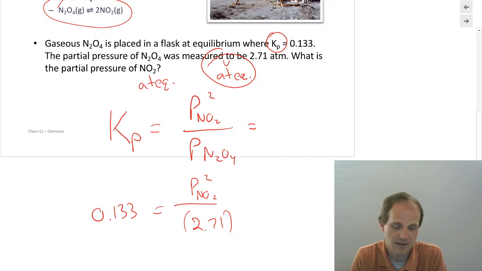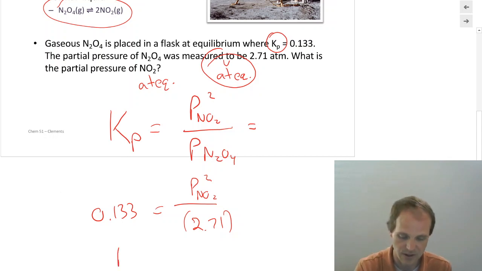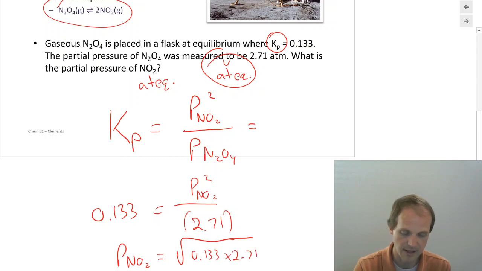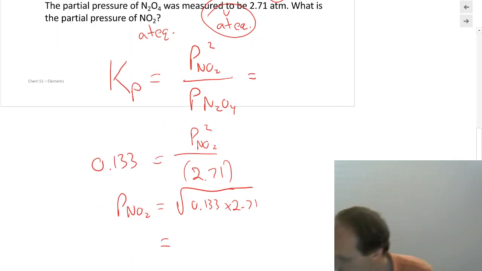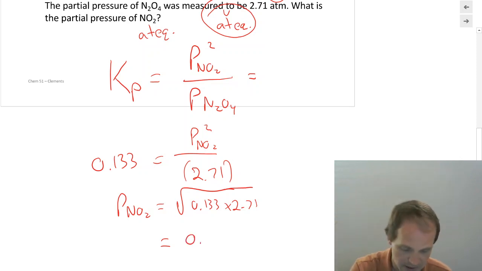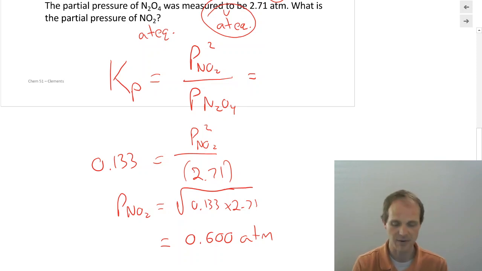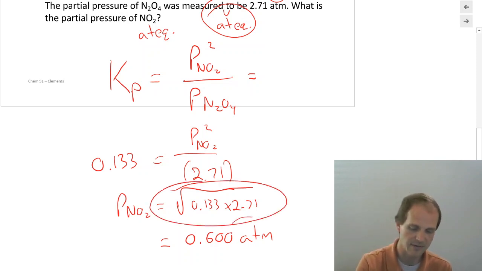I know how to solve that, right? I multiply both sides by 2.71. I take the square root, so the partial pressure of NO2 is going to be the square root of 0.133 times 2.71. And if you do that math and plug it into your calculator, what you get is 0.600 atmospheres. And you'll notice, right, we had no units in this thing, and all of a sudden I put